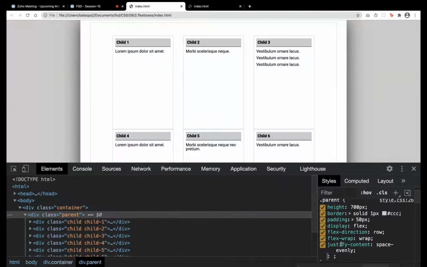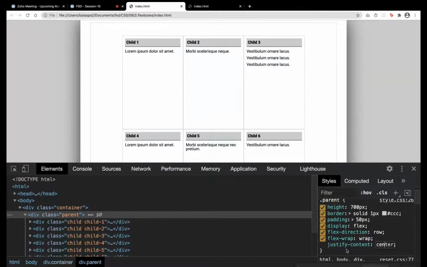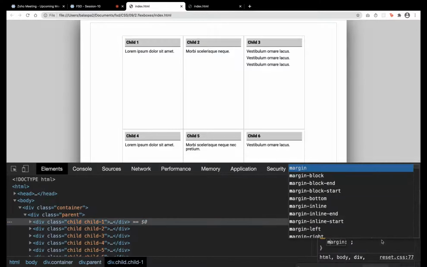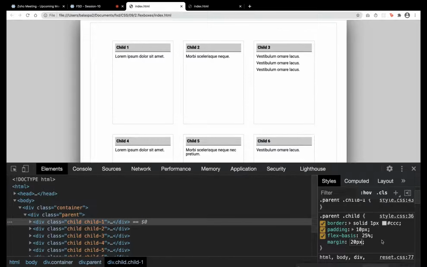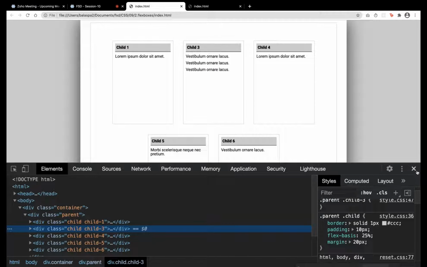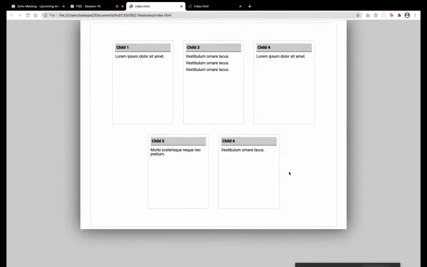Also sometimes we will use center, and then give a margin of 20 pixels. Whenever one child is deleted, it will come like this. See, center. Mostly we will follow this pattern. Justify content center. Fine.